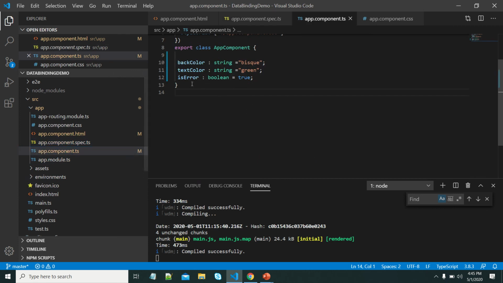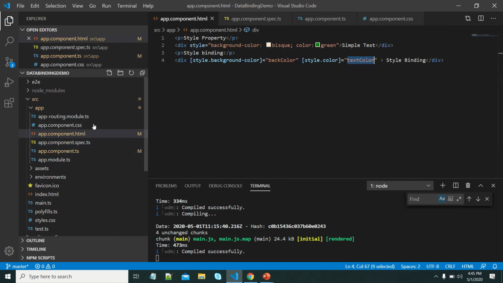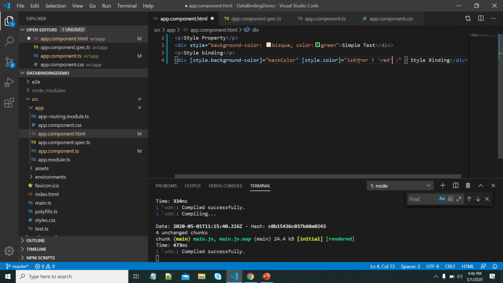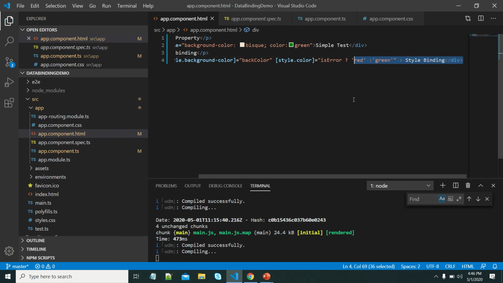We can specify if it is error, red color. If it is not error, then green color.